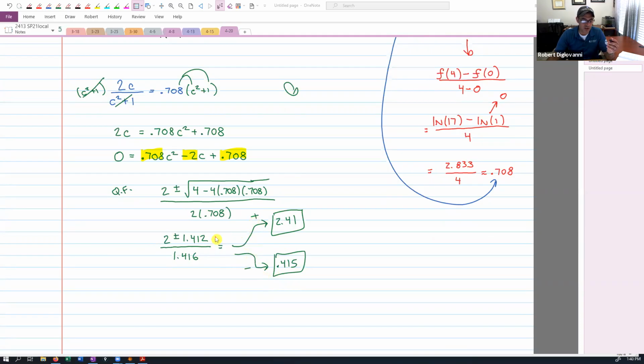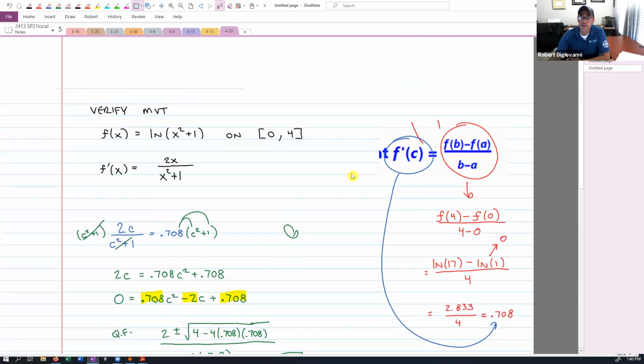The plus and the minus here is just to tell you how I got them. The first one was me doing 2 plus this, and then dividing by this, I got that. And then I did 2 minus this, then divide by that, and I got this. Okay, I see. It doesn't mean I'm going to get one positive and one negative answer. Follow? Good. Okay, that's it. That's mean value theorem.